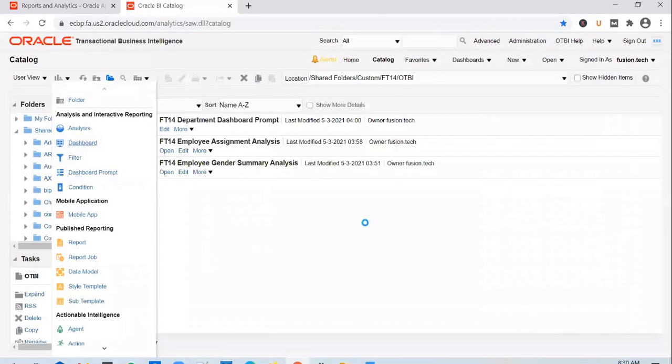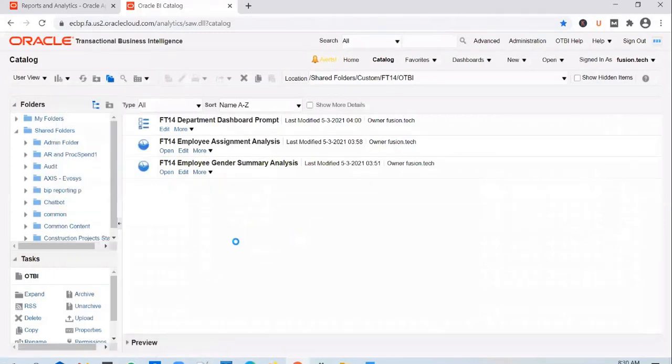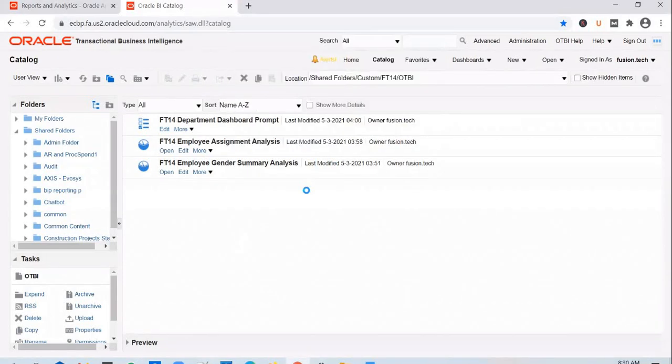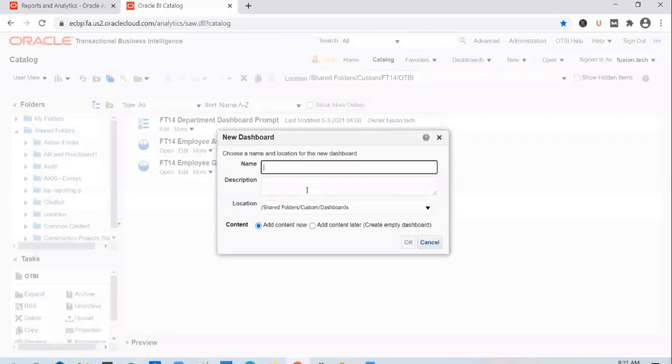Create a new dashboard. Click on the drop down and create a new one. Give it a name.